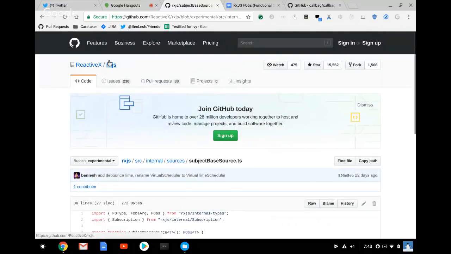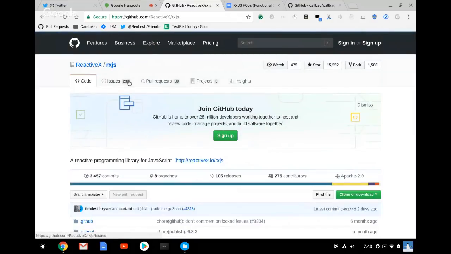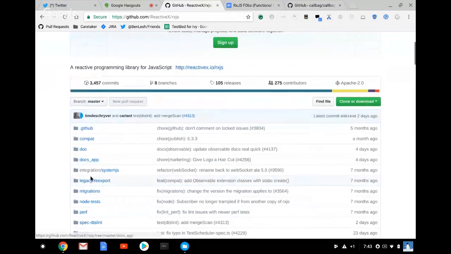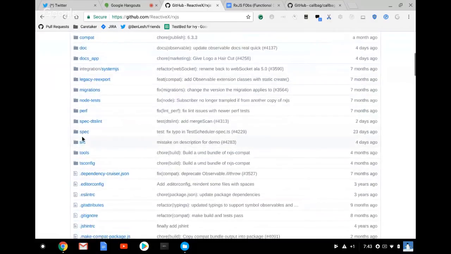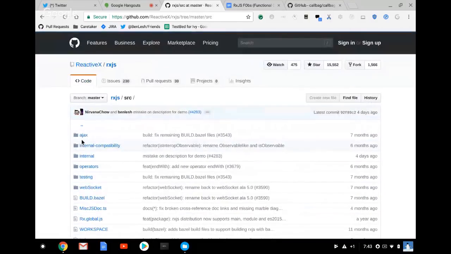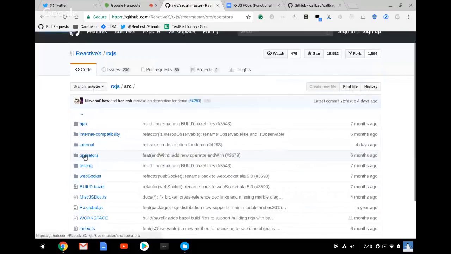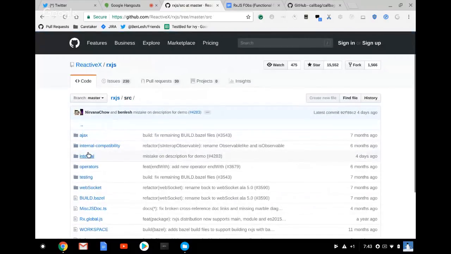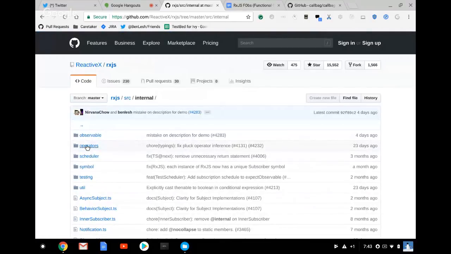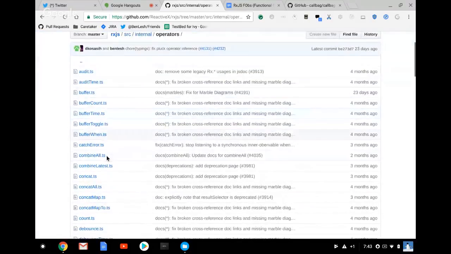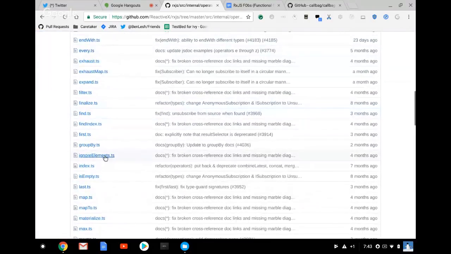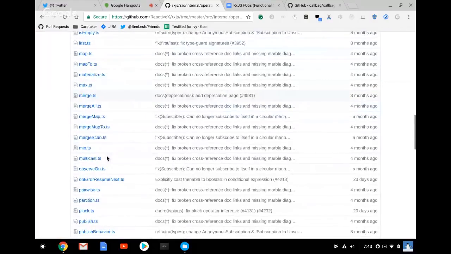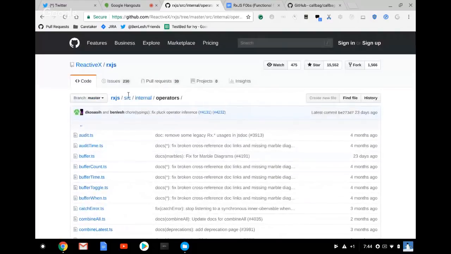And the only other thing I really want to show before we run out of time is that all of the tests that we had already written for RxJS 6 are being reused. So if I go and look at what did I do? Did I go back to the